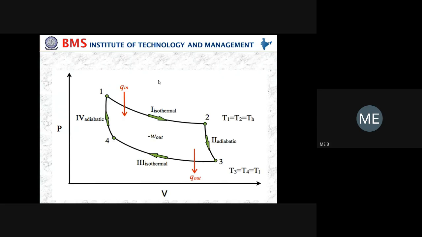Carnot cycle consists of 4 processes: 2 isothermal processes and 2 adiabatic processes. Sir, both are reversible, no? All are reversible in nature. You remember, whatever processes in a cyclic process are reversible in nature. Whatever cyclic process you take, all are reversible only.